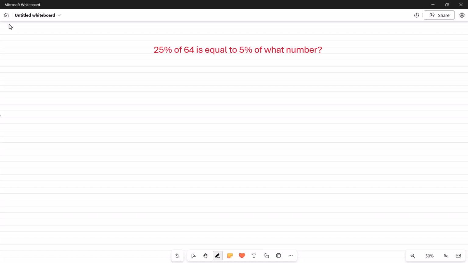25% of 64 is equal to 5% of what number? Okay, let's solve this question now. First, we have to find this number, which is 25% of 64. So let's try to find this. So we can say